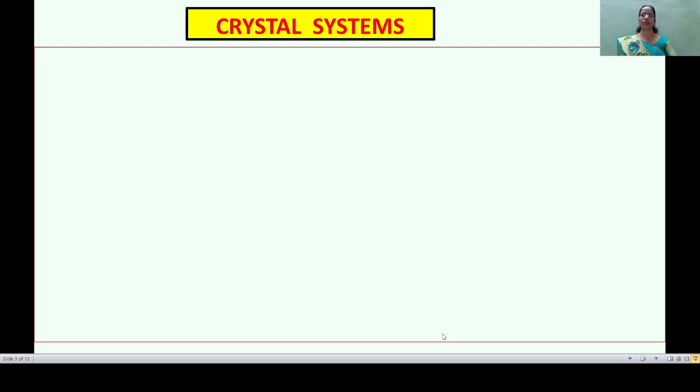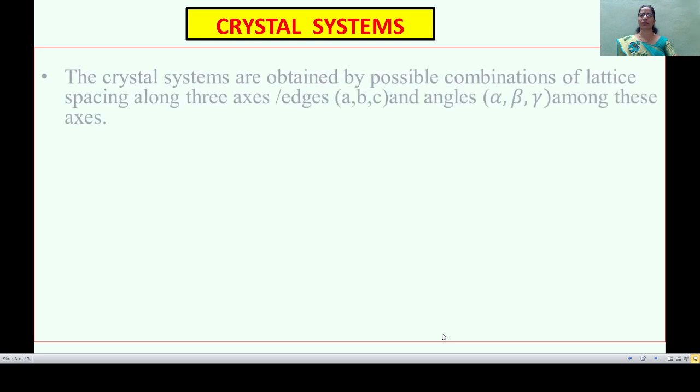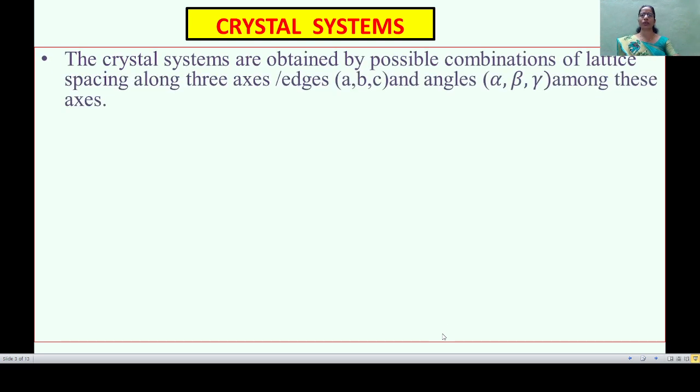Okay, now see first the crystal systems. In the previous lecture, we had studied that in the unit cell, the particles are arranged in different manner to obtain four types of unit cells named as simple or primitive unit cell, body centered unit cell, face centered unit cell, and the base or end centered unit cell. Now here we have seen that these unit cells are described with the help of two kinds of parameters, that is its dimensions and the angles.